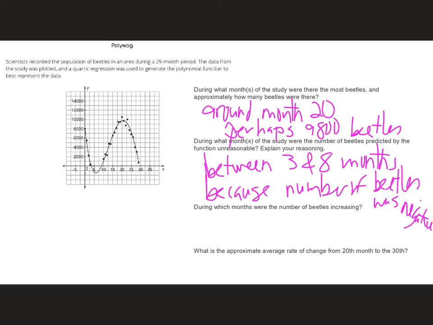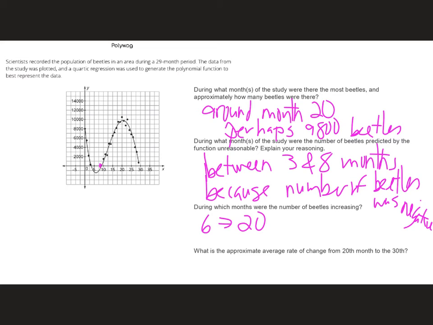During which months were the number of beetles increasing? So we were increasing from here to here. So according to the model, I scribbled that out. So that was like, that's 5, that's 7.5, call it 6. So you could say from 6 to around 20. You could also argue, no, I'm going to pick there and call that like 8. So you could also argue 8 to 20 because the 6 to 8 region doesn't make any sense in the